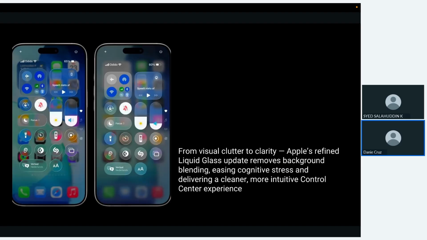And I just have a small comparison. On the left side, we have a control panel with the first version of Liquid Glass UI, and on the right side, we have the second version. So the comparison is from visual clutter to clarity, where in the first version of liquid glass UI released by Apple,